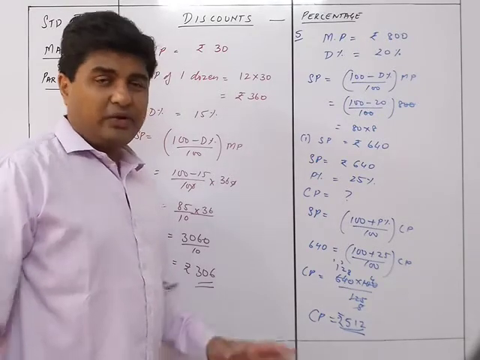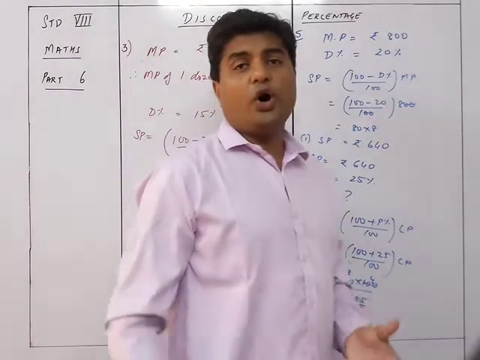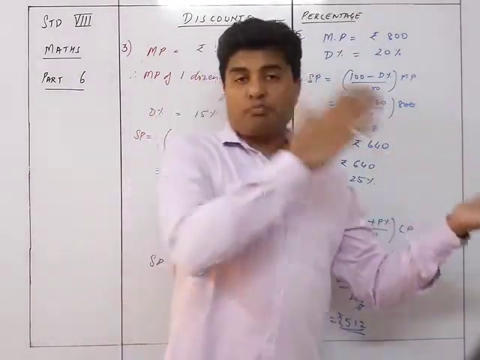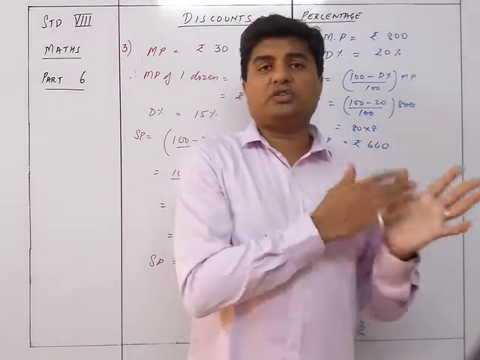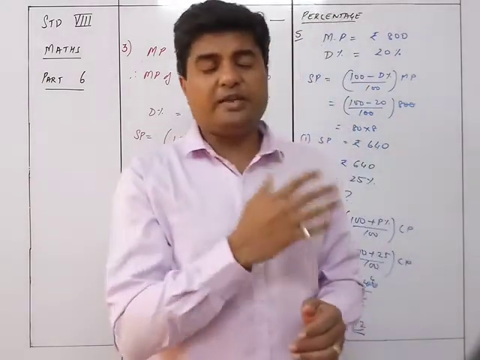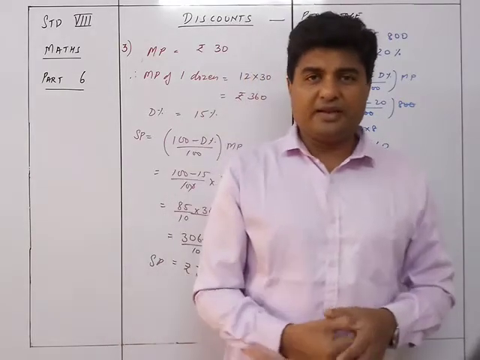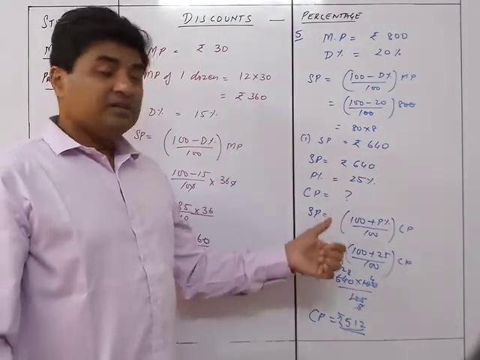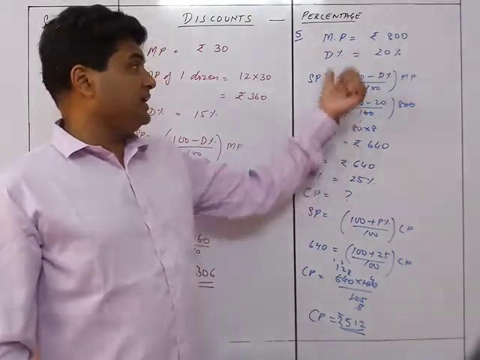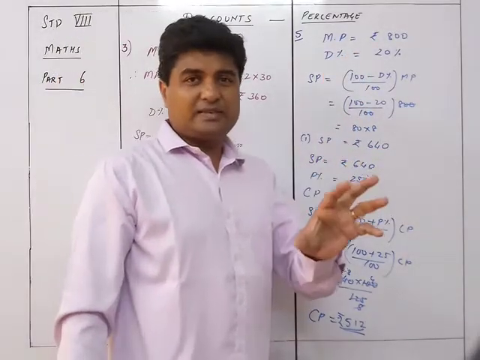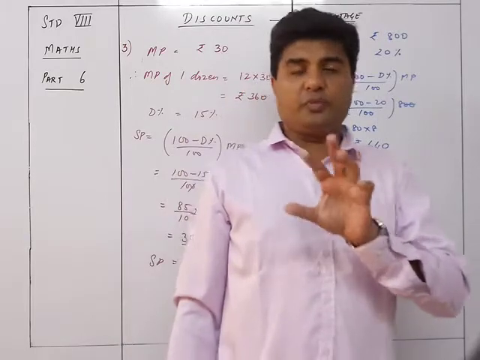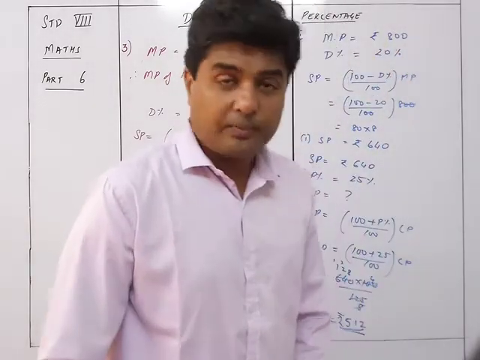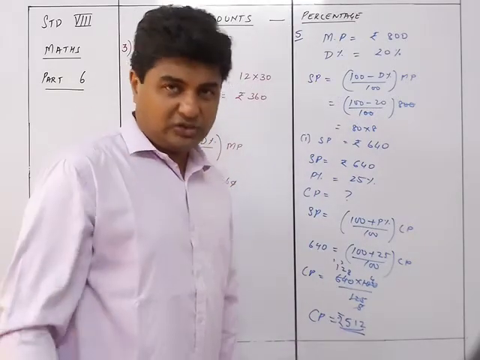Is it clear? So here you can see there was a combination of the questions of the second exercise, where it was MP, CP, SP and profit percent, gain and loss percent. So we are having this part as the second exercise's part and this is the third exercise's part. So that's why discount and CP, SP and everything else all come together. So you need to be careful that everything could be mixed and matched together.